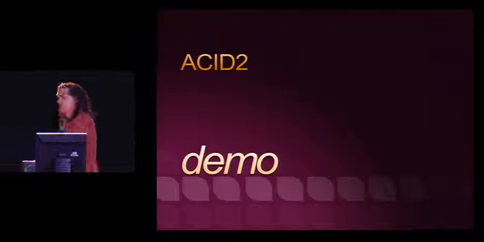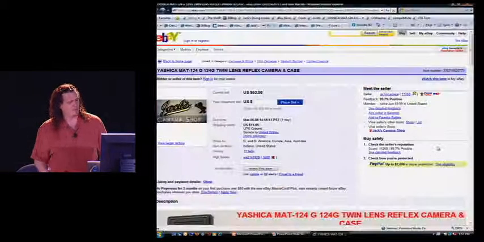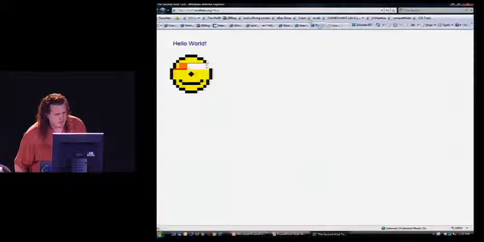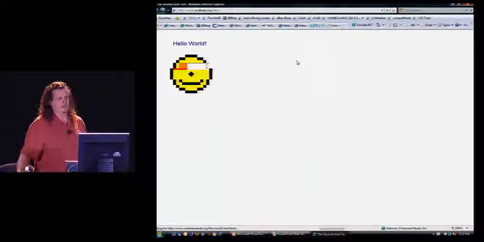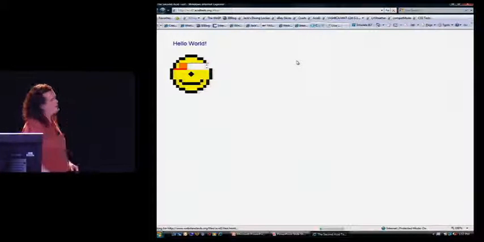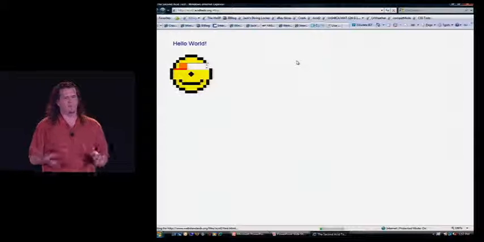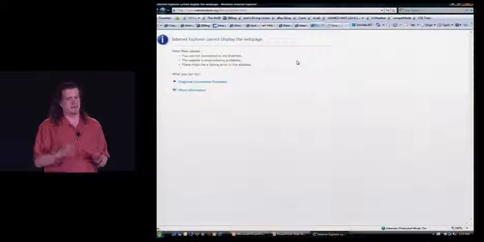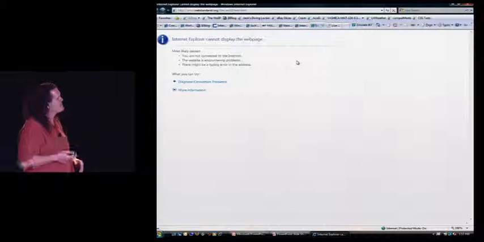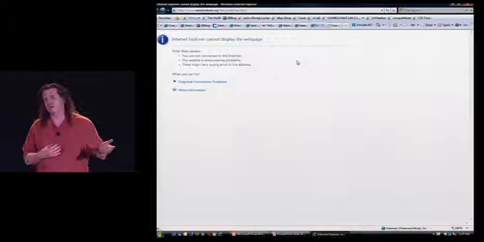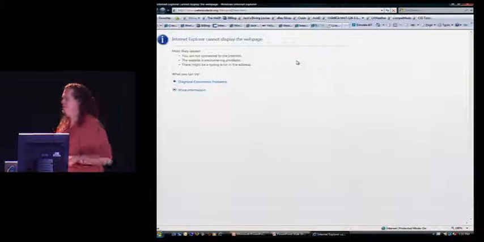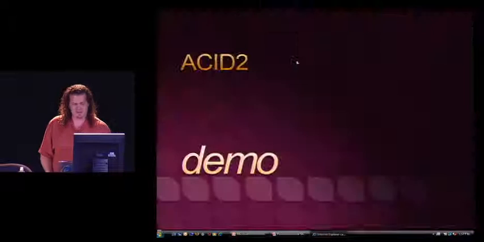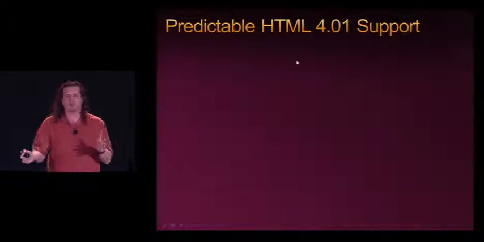So I have a feeling this demo isn't going to work because the Web Standards Project site was actually rather broken a few minutes ago. Let's give it a shot, though. I think the problem right now is that so many people have just downloaded the IE8 beta and are hitting the Web Standards Project. Seriously, I think they've tanked the Web Standards Project page. So you're going to have to imagine it was working beautifully at 9:30 this morning, and now this. Oh well. But you can all try it.